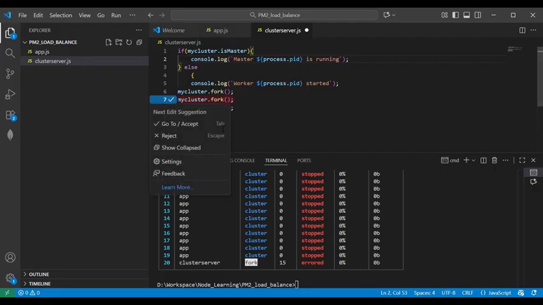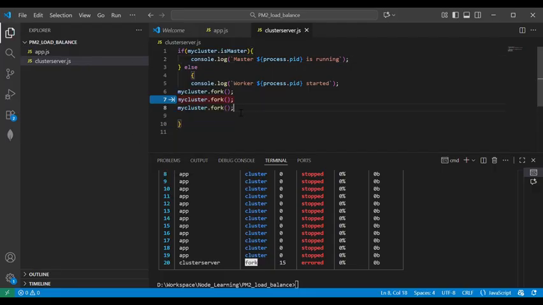Yes. So I have created some of the clusters here. Now I need to run this